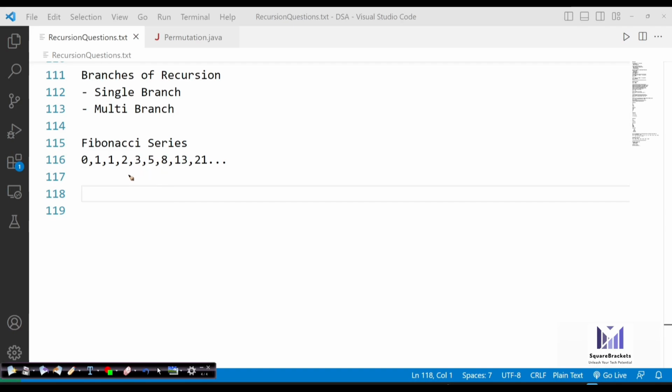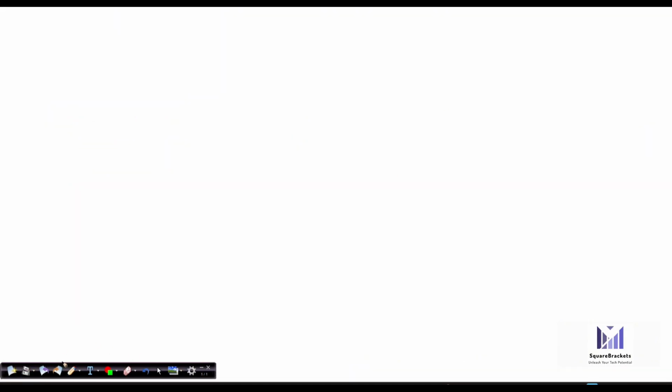So the equation will be something like this: if you have a function known as fib, it needs to add n minus 1 and n minus 2. In order to get the current number, it has to add the previous two. I hope you are able to understand. So in one single function, we are going to make two recursive calls.